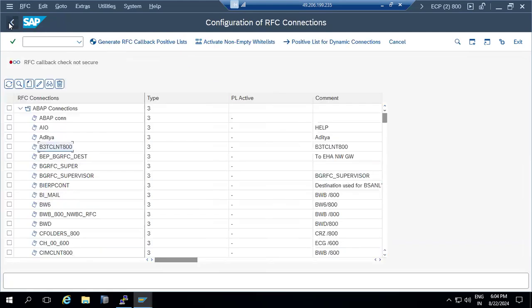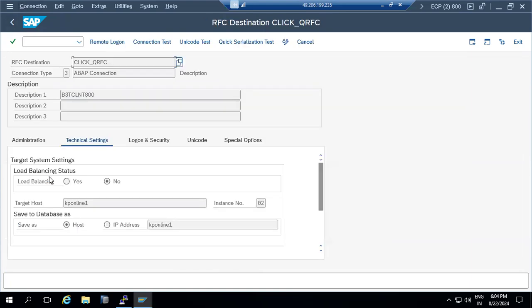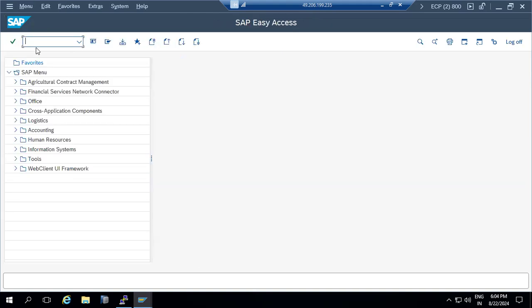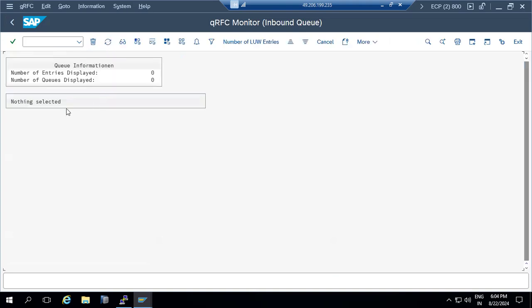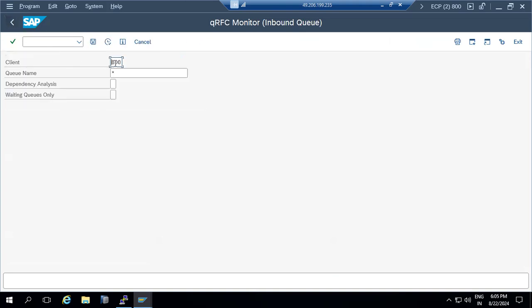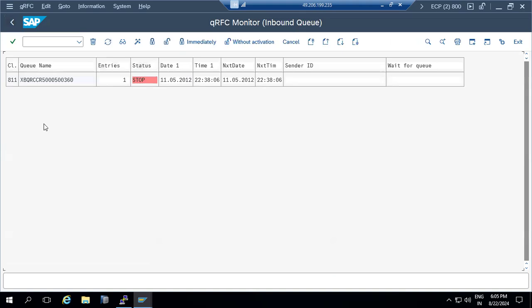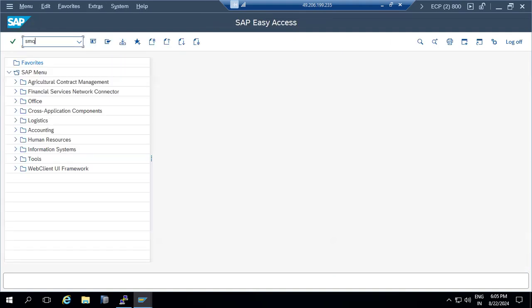Then there is a click RFC also that I created here. Via these destinations, data will go to the target system here. Why? Because in ECC, the data is getting generated. Previously, let me remove that. These entries exist here, which are coming inside the system, which is the queues that got stopped status here. For the ones going out,